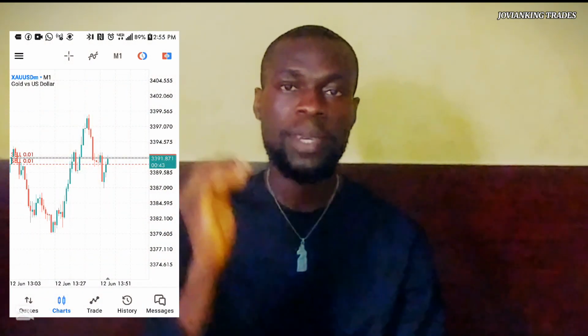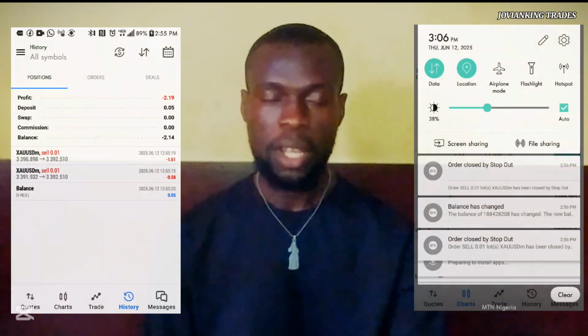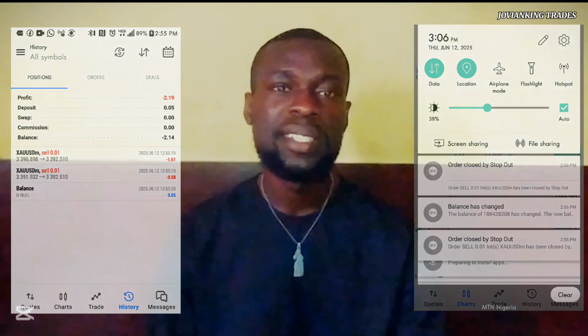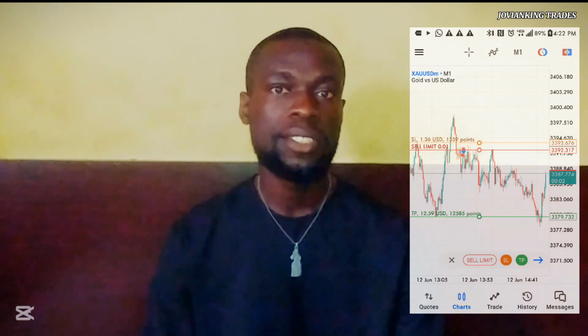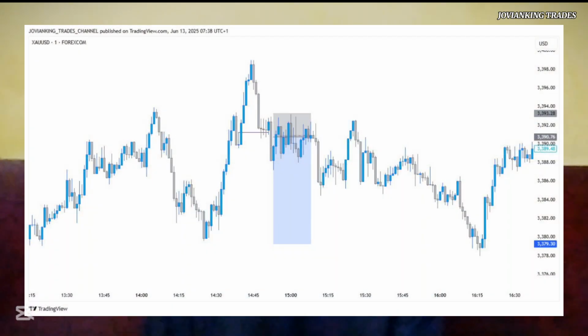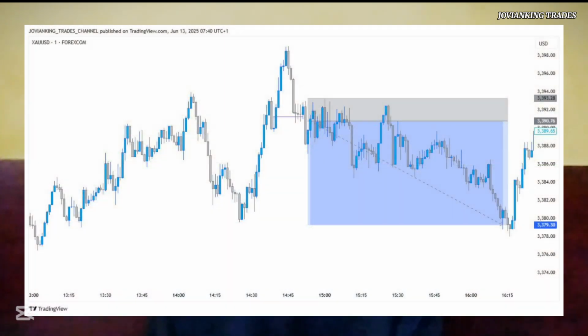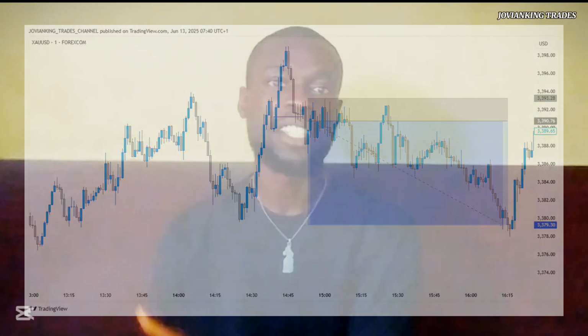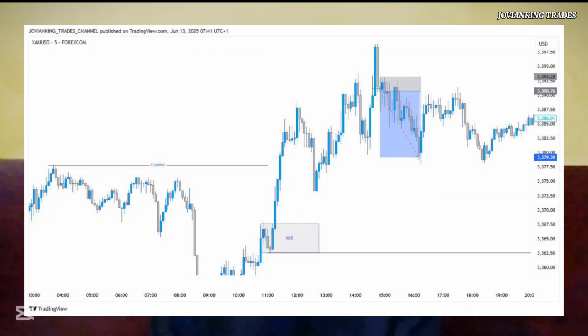The moment I entered the second position, the account was gone, and that was just like a $2.11 account. So I intended to just flip the account because from my target there, it was like a 1:5 risk reward trade. Which means that if the trade should have played out, that dollar should be running in 20 plus dollar profit. So that was just what I expected to see myself doing yesterday. Yeah, the trade went well, but it didn't go well from my entry. So the account was gone before the trade even started dropping, and it was just a very painful experience.